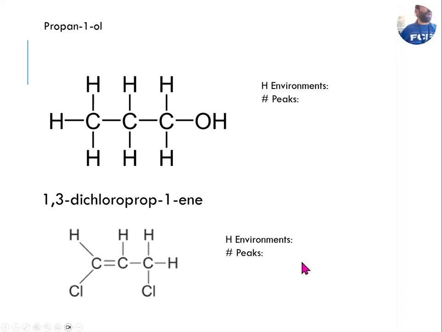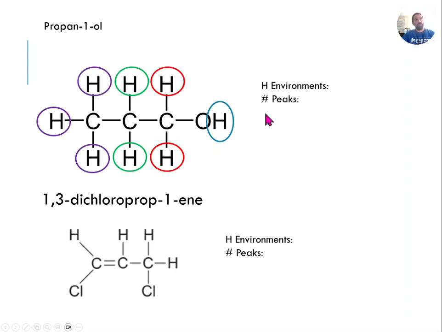All right, for propan-1-ol, notice there's oxygen at one end. That completely destroys any symmetry. So for each carbon, the hydrogens will be in their own environment. So 1, 2, 3, and 4. Since there's 4 environments, there'll be 4 peaks in the spectrum. And for